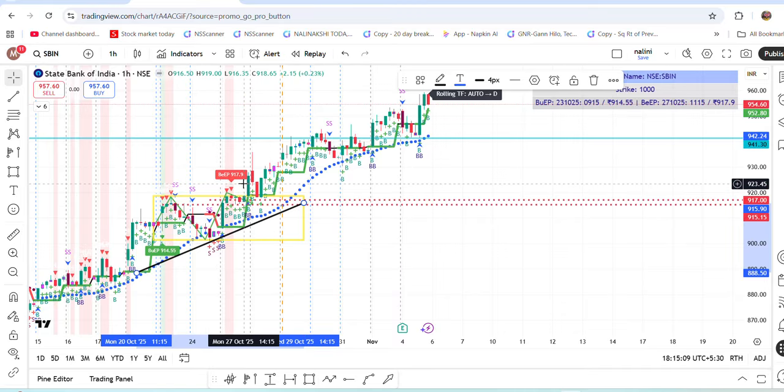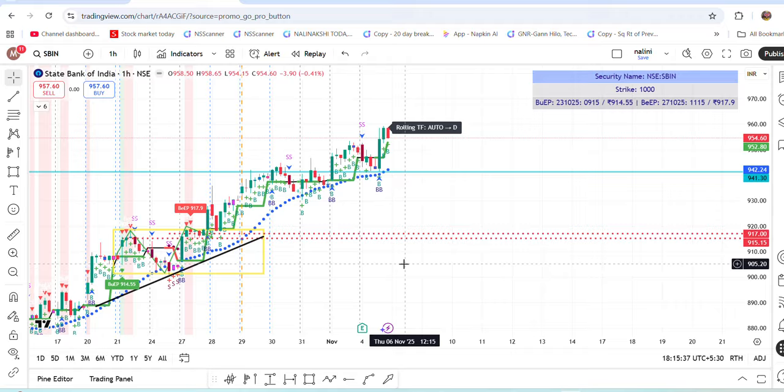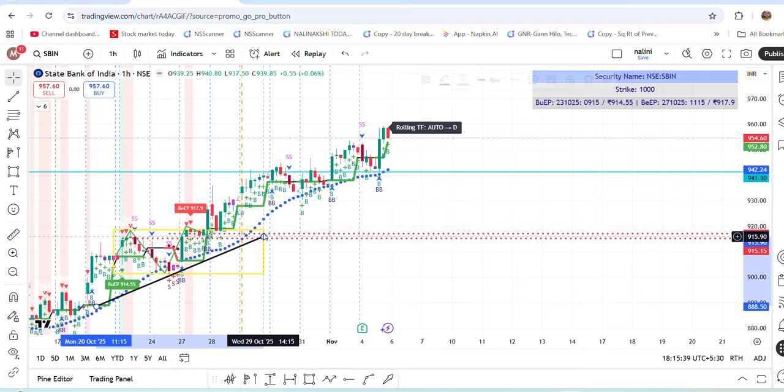So you will enter into it, seeing the episodic pivot you enter into it, and in the second hour and third hour, the market plummets. That is London session. London session manipulation has been done, and then price reclaims above and closes at the top. Next day, it is a continuation, consolidation for 2 days, and now the price has moved up. Still, the trend is running.